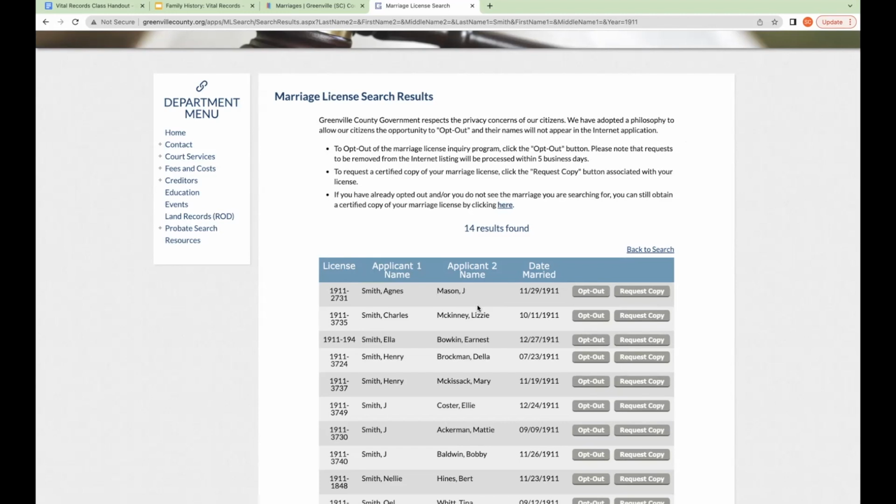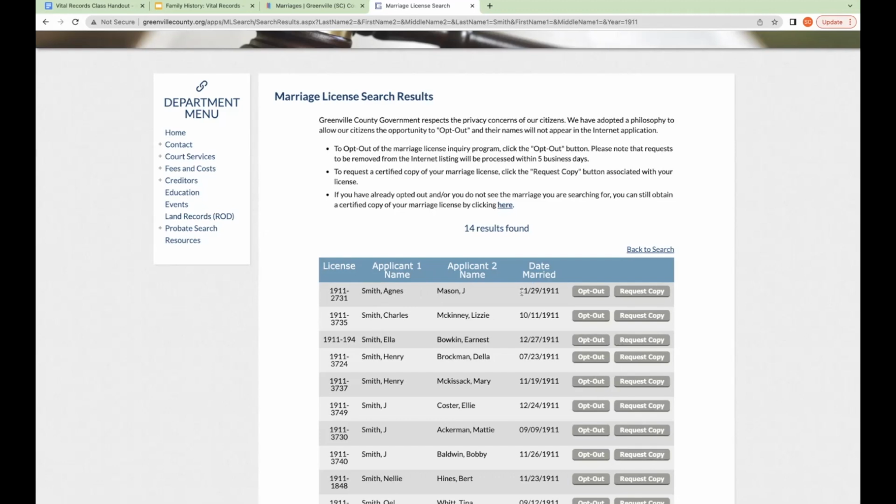But if you wanted to say, come to the South Carolina room, or you wanted to fill out the record request form that we have, and I'll show you that in a moment, there's a few things you're going to want to note. You want to note at least one ancestor's name here. So if Agnes Smith, for example, was your ancestor, you would want to note that name when you make your request, or when you come in, write that down, of course, which is easy to remember.